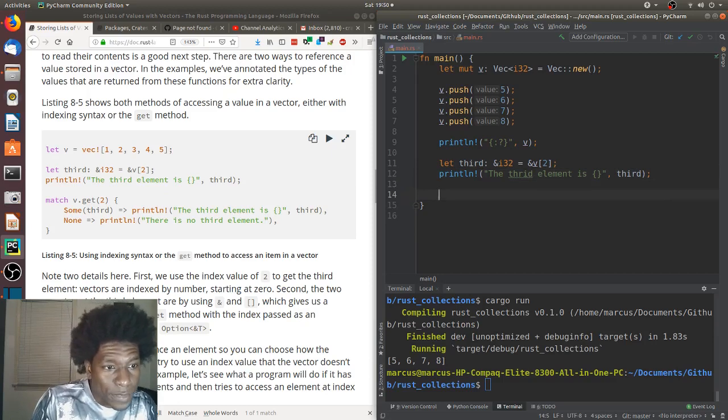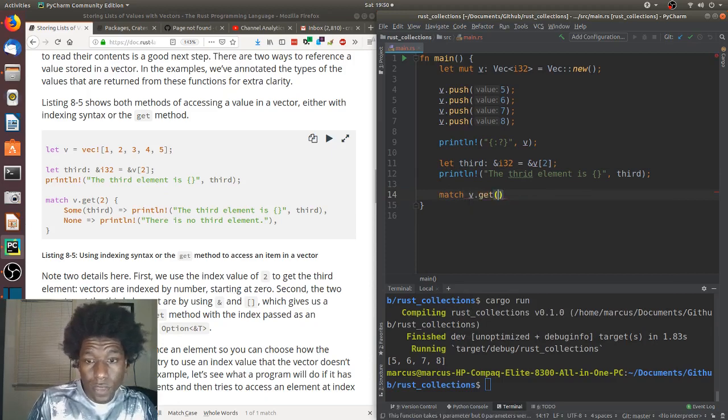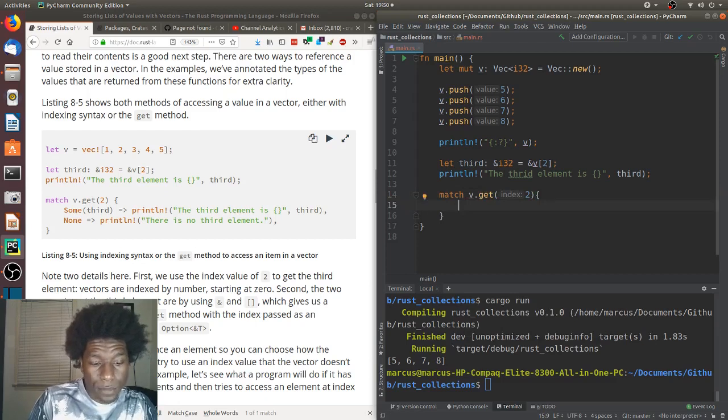And then the second way they did was a get. And they put in a match, which I guess is kind of cool. Match v.get. Second one, index to third item. Sum, check to see if it's equal to third. That's sort of weird how they put that thing there well before I finish typing. And then if it is, print line,